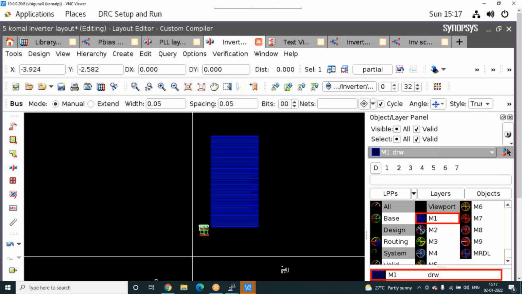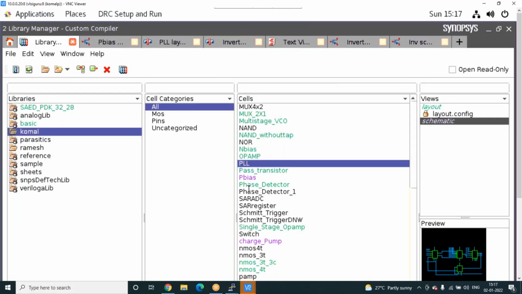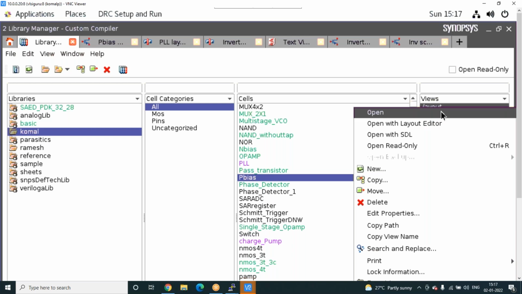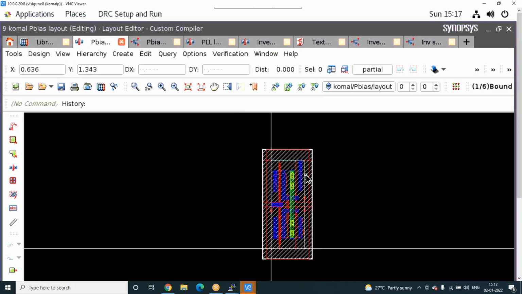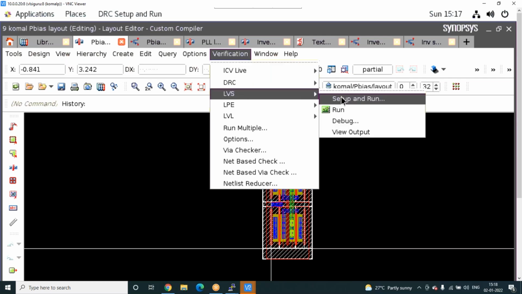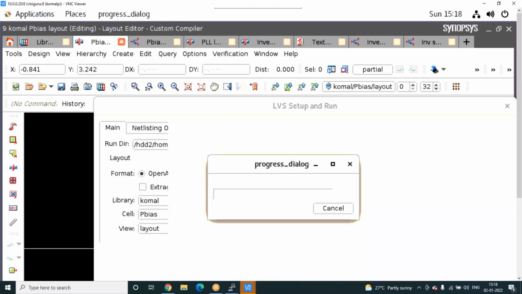So this is the DRC. You will learn LVS. Okay, I will show you one device, how it is LVS clean.